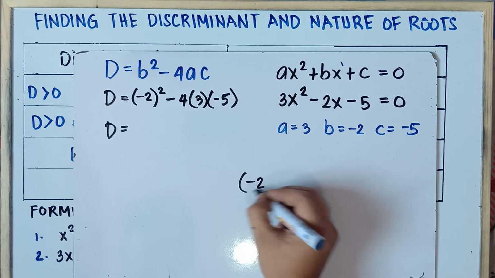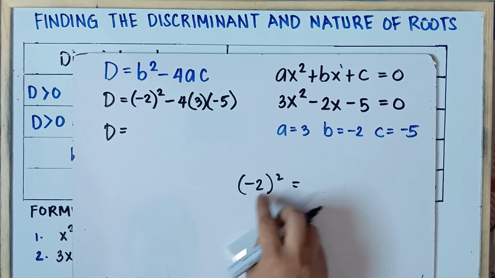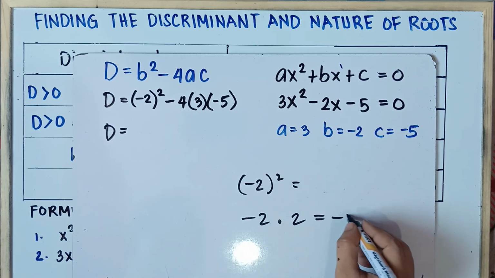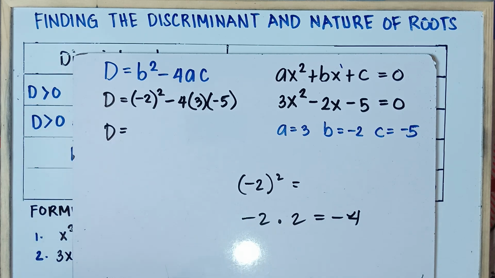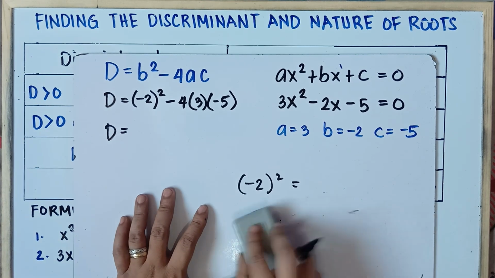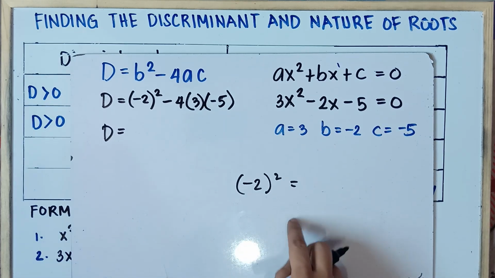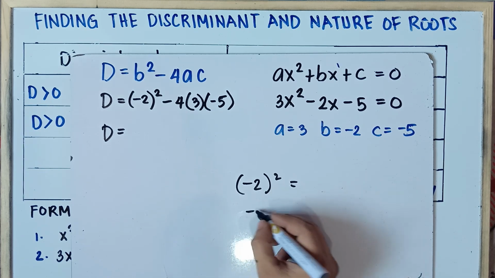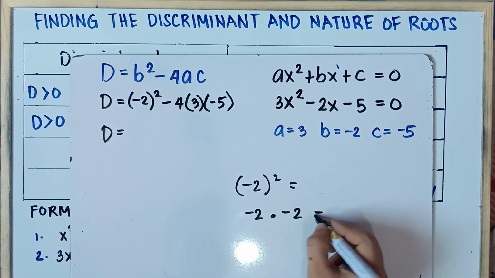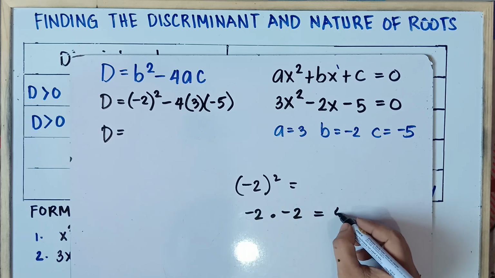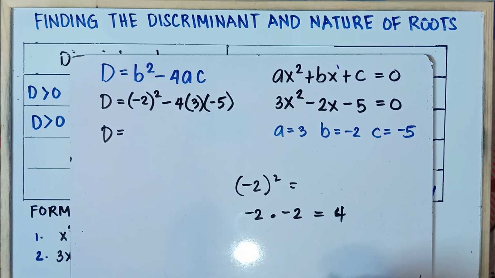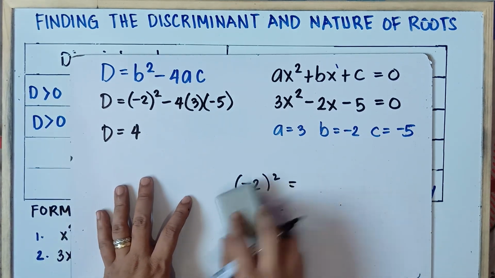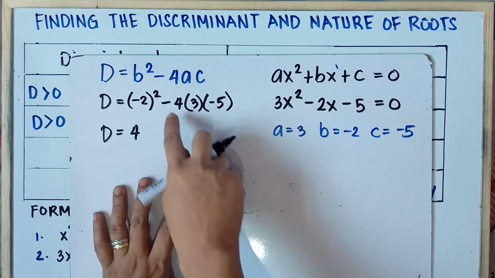Once again, negative 2 squared. It doesn't mean negative 2 times 2. Because your answer, class, negative 2 times 2, that would be negative 4. And you will commit a mistake, class, if your answer is negative 4. Once again, negative 2 squared means that you multiply this by itself twice. That would be negative 2 times negative 2. So negative times negative is positive. 2 times 2 is 4. That would be positive 4. So positive 4. Alright, and then this one, negative 4 times 3.